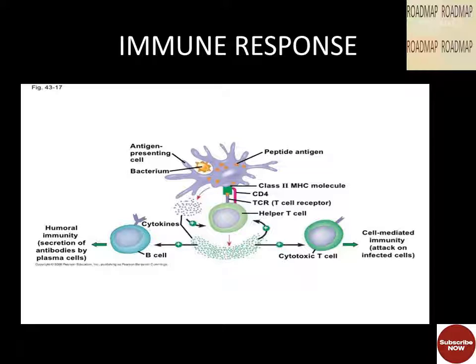Now T helper cells, which play a key role in the immune response, are brought out through the participation of the antigen presenting cell, that is APC. So you can see from the figure that the APC is bringing the T cell receptor, that is the T helper cell. So it is usually a macrophage. The receptors of the helper T cell bind to the class 2 MHC antigen complex displayed on the surface of antigen presenting